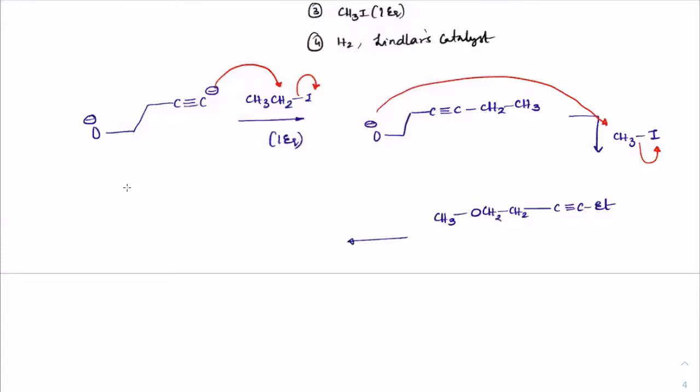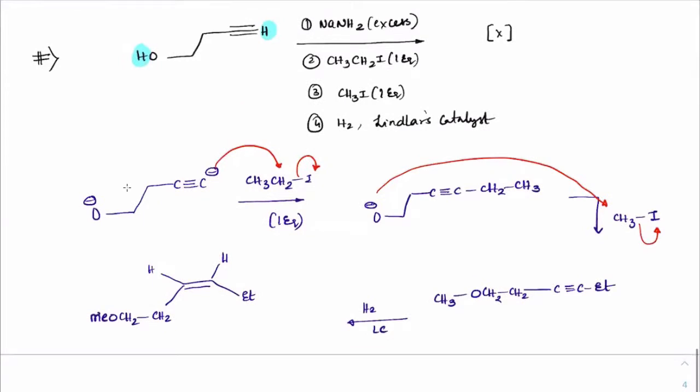And this on reaction with H2 and Lindlar's catalyst, you know, converts the triple bond into a double bond and gives you a cis product. So we get a cis product like this with Et, double bond, H and H, with CH2, CH2 and OMe. Options were given: one with trans, one with cis, one with Et here and methyl here, like that four options were given. So I guess you know what to do.